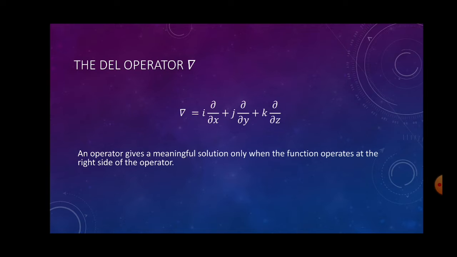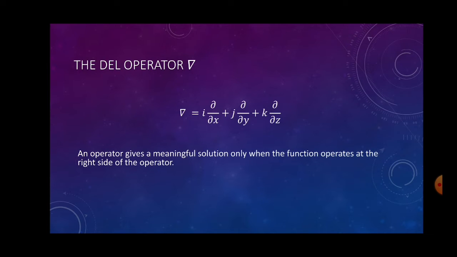The del operator. The del operator operates over a function to give us a desired result. The del operator is always hungry to differentiate with respect to something, and one must remember del alone means nothing and f del too has no significance. However, del f gives us a meaningful solution, and one must remember that an operator always operates on the left side of the function, or an operator gives us a meaningful solution only when the function is at the right